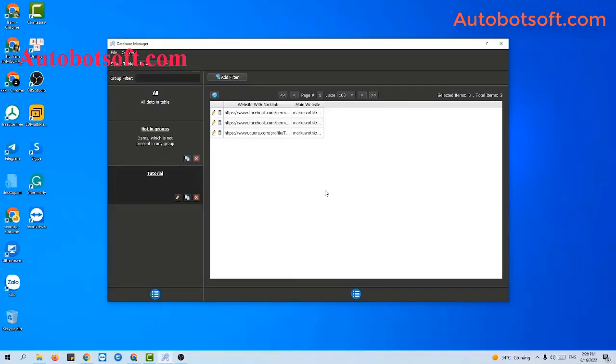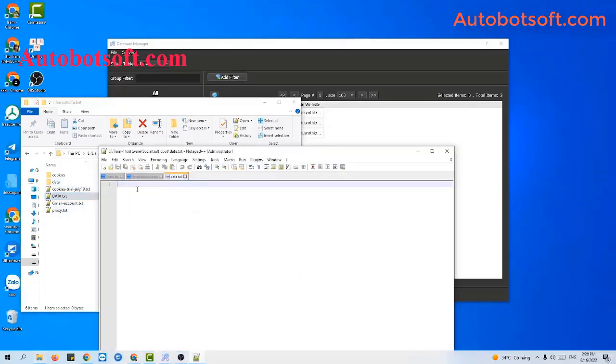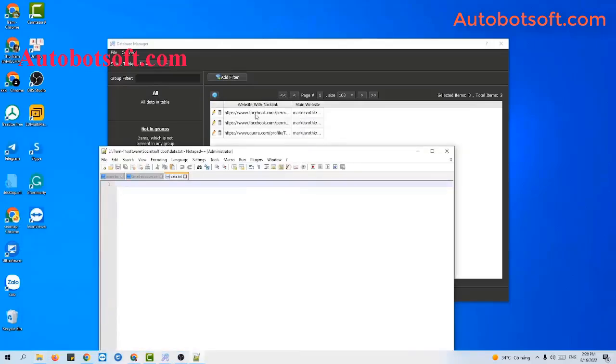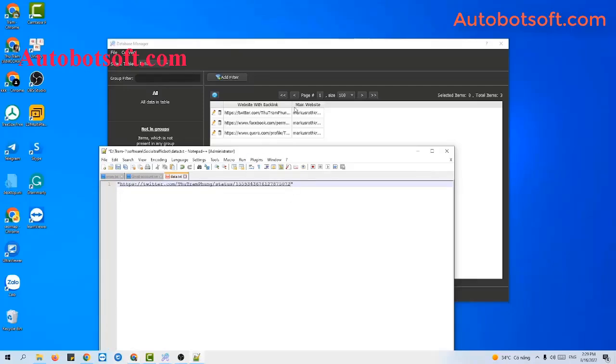The second way for you to import data is to import a file. To do this, you will create a text file to save data. Then you need to enter the website with backlink and main website into this text file, separating them by a comma. First you copy the link, a backlink, and remember to put it in quotation marks like this, and then